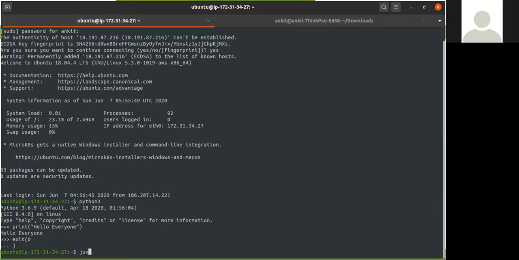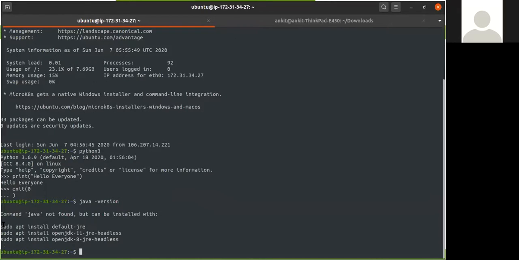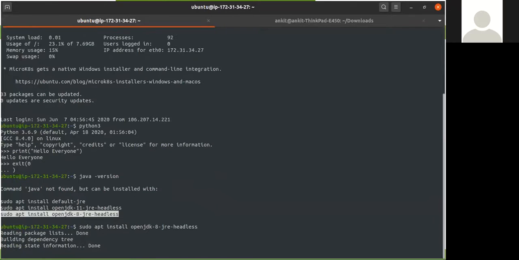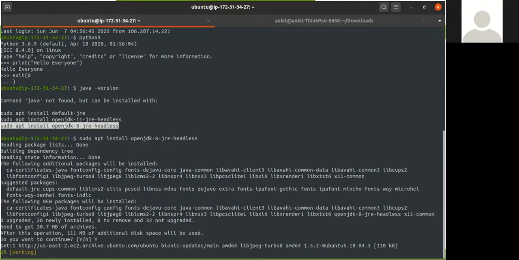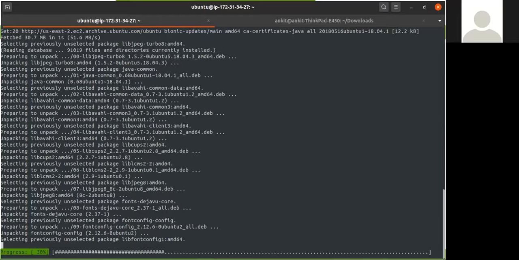Let's check if Java is there or not. Let's check this out, Java, this version. As you can see, it says that no Java is present here. So to install it, we are going to copy this command. Since it's Linux, it will use the apt repository, connect, copy and paste, and this will try to install Java. It is asking, do you want to install it? Yes. So it will start connecting, and this Java application is getting installed on my AWS server which I rented from them.